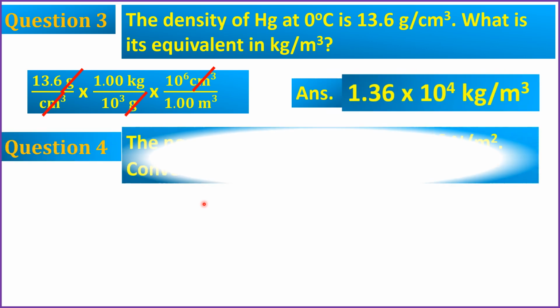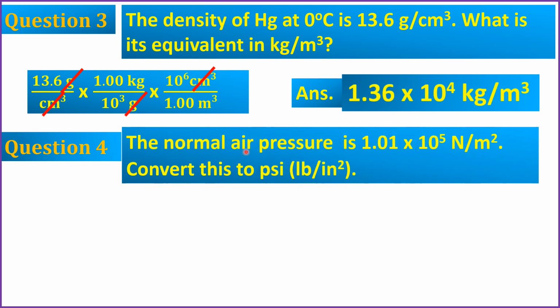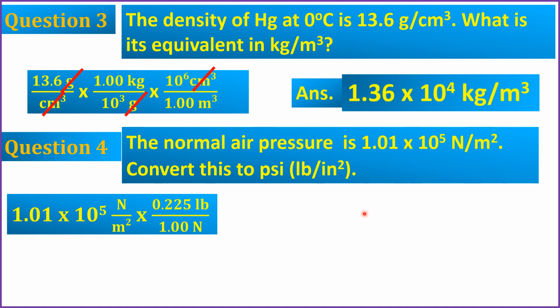And question number 4, the normal air pressure is 1.01 times 10 to the 5th power Newton per meter squared, which is actually also equivalent to Pascal. Question is, convert this to pounds per inch squared, or PSI. So our solution, we write down the given air pressure expressed in Newton per meter squared, which is 1.01 raised to the 5th power Newton per meter squared,